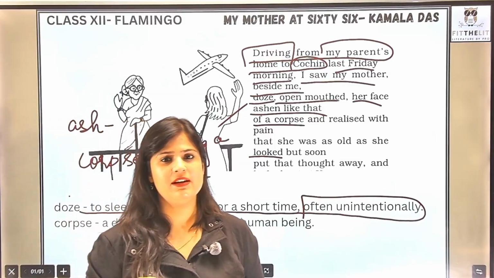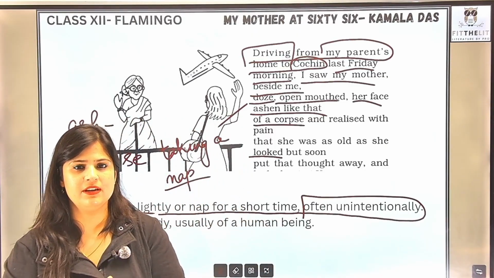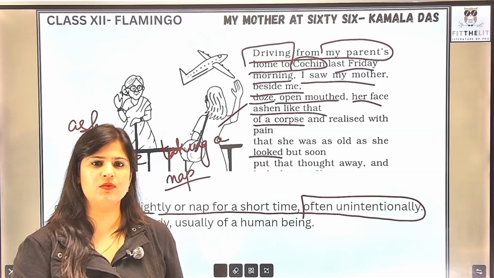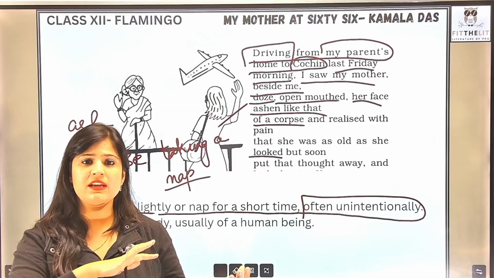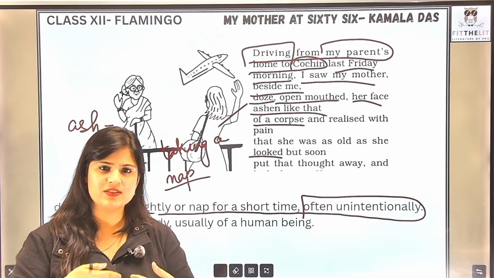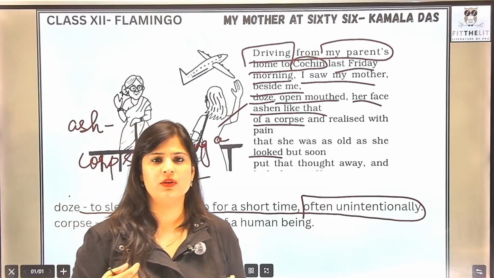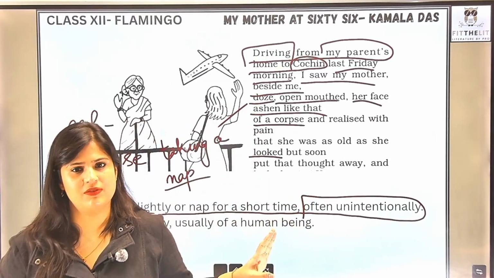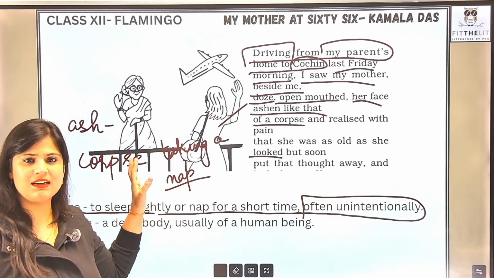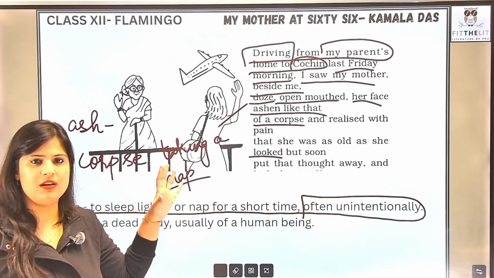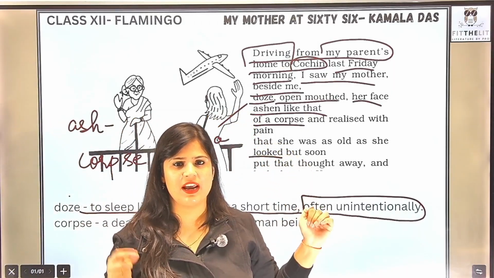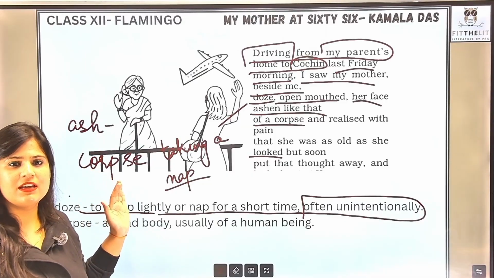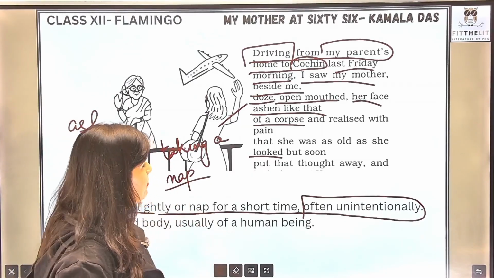Now dead body here does not mean an actual dead body. Dead body here is used to give the sense that she looked just as pale, just as colorless, just like a dead body, with no movement, no life. They say red cheeks give liveliness to a face, so there is nothing like that on her face, right? She is looking as colorless as a corpse, because she is not even moving. Ashen again, like grey coloured ash, her body looks like that, right? There was no life in her. She is not lively, okay?